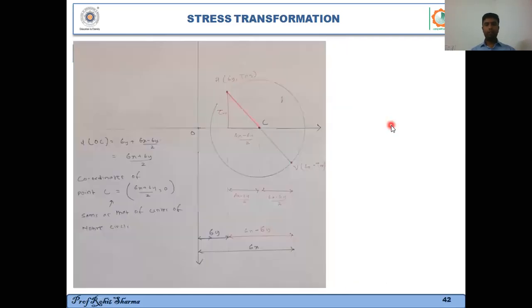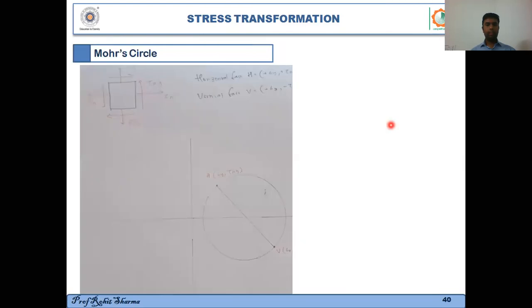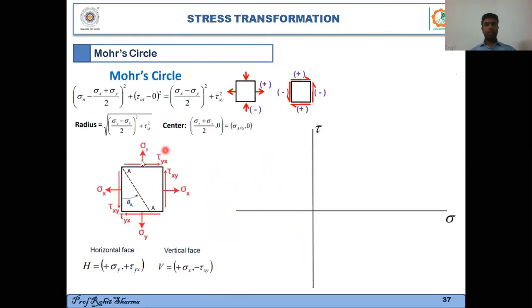Again, one thing which has remained over here is this. Suppose that you have to find out the value of the stress on this plane AA. This plane AA can be obtained by rotating this vertical face in an anti-clockwise direction, and by which angle? Since this angle is theta A,